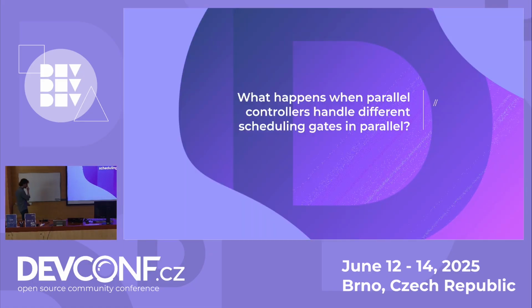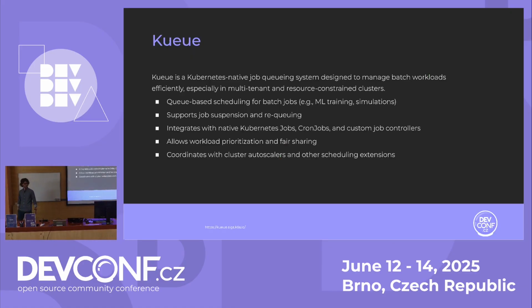Let's see, what are the challenges though? So as I said, there are two operators that I know about that are currently using scheduling gates, one of which is the Multiarch Tuning Operator, another is Kueue. Kueue is a Kubernetes native job queuing system. It's meant to support scheduling and some other facilities in Kubernetes in order to run batch workloads. It provides features like gang scheduling, quotas, and it does make some use of scheduling gates.